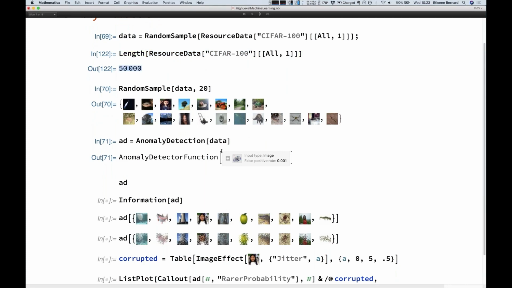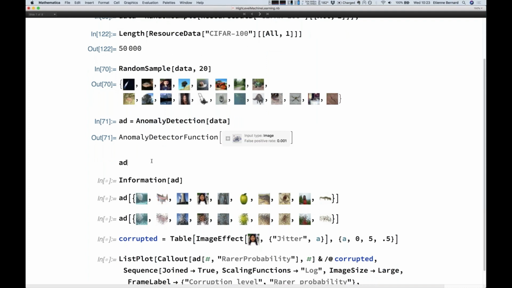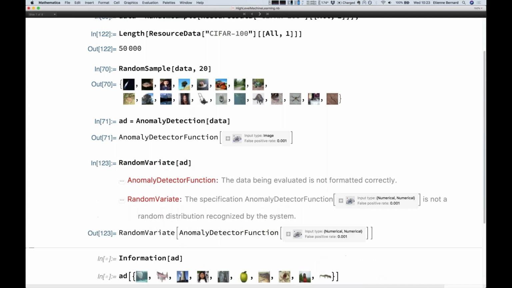Okay, I gave 50,000 examples to anomaly detection. And if I do random sample, so it's 50,000 images. It's probably not going to look like anything great because it's a hard task to learn a distribution of images from scratch. So if I do random variates of this distribution, which I hope, oh, I have to train it again.